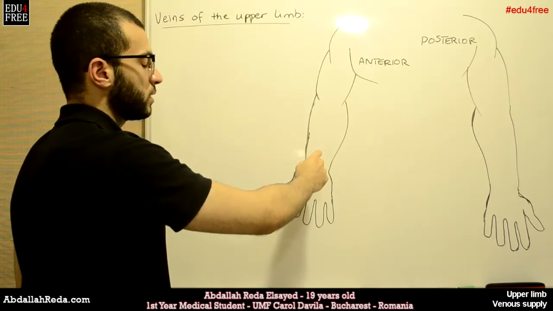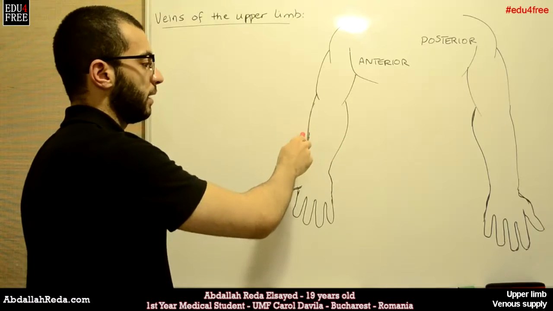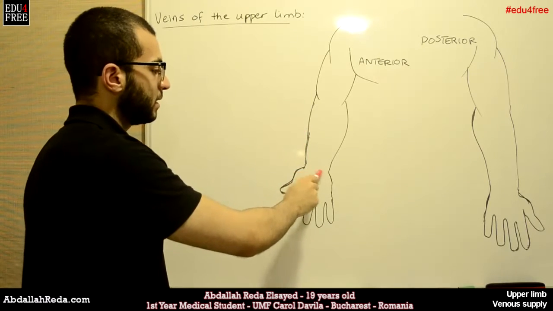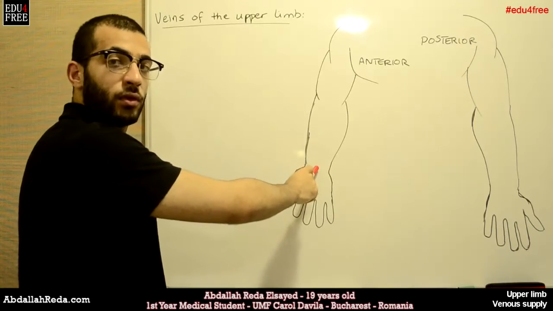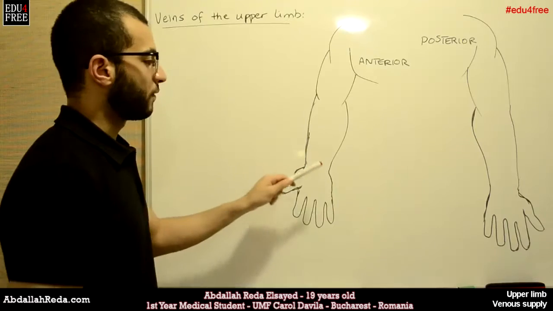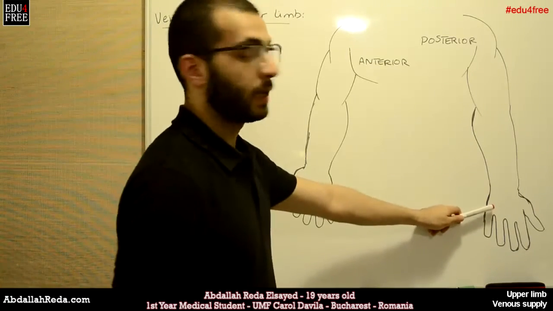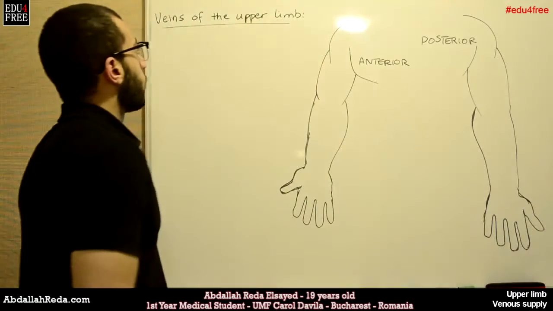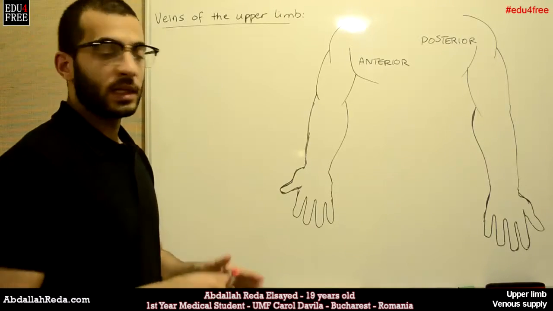into its two branches. We have an ulnar branch on the medial side and a radial branch on the lateral side. And then when they arrive at the level of the wrist, they anastomose again through some branches that participate in the formation of the network on the palmar side and the dorsal side of the hand that supplies the whole hand with blood. For the veins, there's a group of veins which have the same names as the arteries